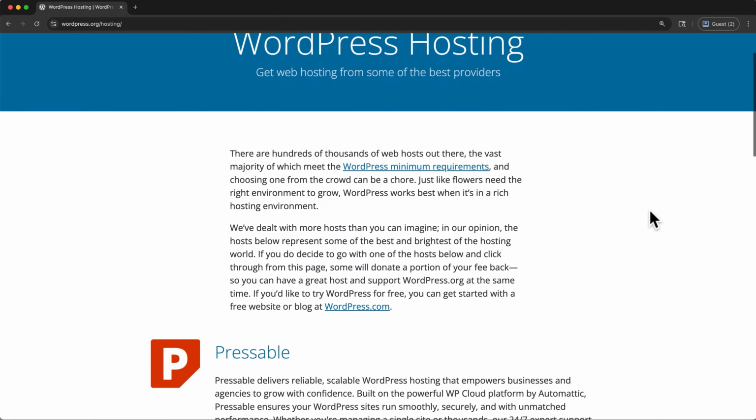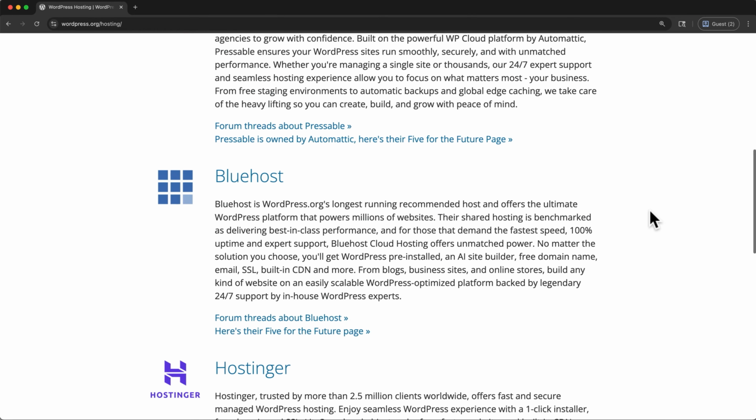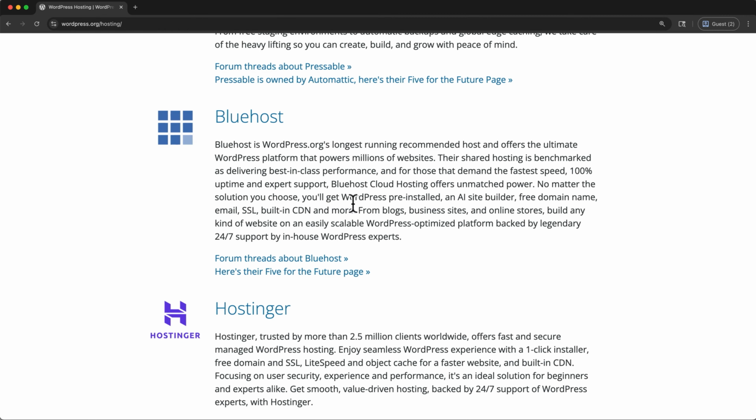We're going to set up our hosting using Bluehost. It's one of the few providers that is officially recommended by WordPress. They make it very easy to install both Astra and Elementor, and it's one of the best and most affordable